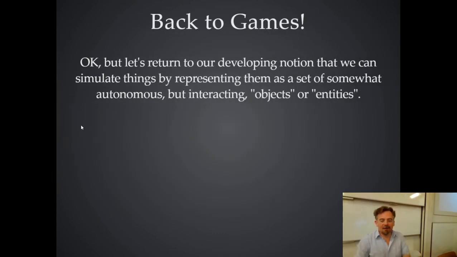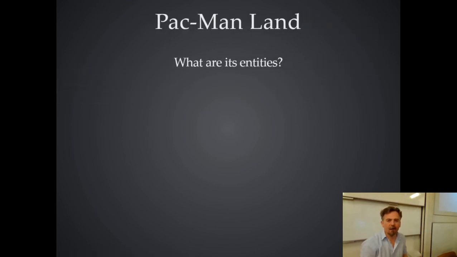Right, games. So a bit of a detour there, but we were just trying to talk about what objects are, why we use them in games, where the idea of object orientation came from, what it means, and so on. So let's say we're trying to make Pac-Man. What are the relevant entities that you would carve your Pac-Man universe into? Just shout out suggestions. Pac-Man himself as an entity. The ghosts are an entity, or entities, yes. The things he eats, the little pills. Yeah, see, the walls. The walls is an interesting one.